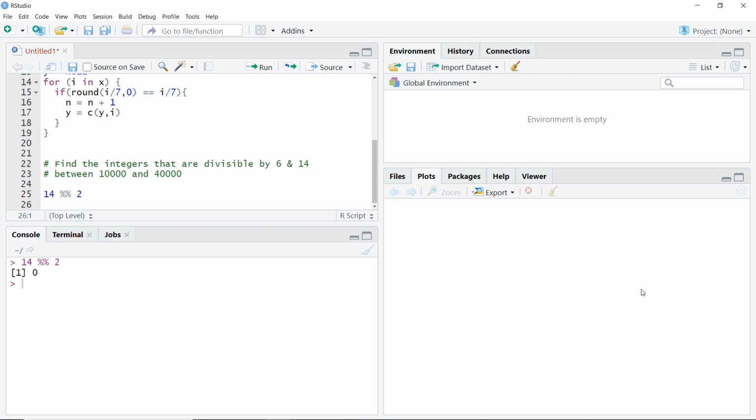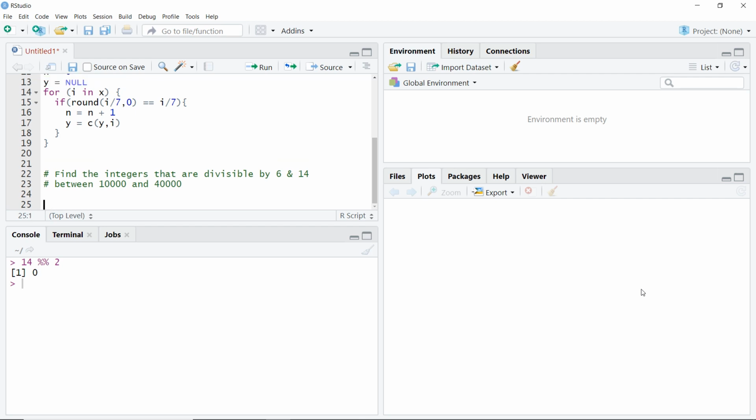Now I can use that also in our if, and we can find whether it is divisible by 6 or not. For that, I don't need to create a separate vector 10,000 to 40,000. I can directly write it in my for.